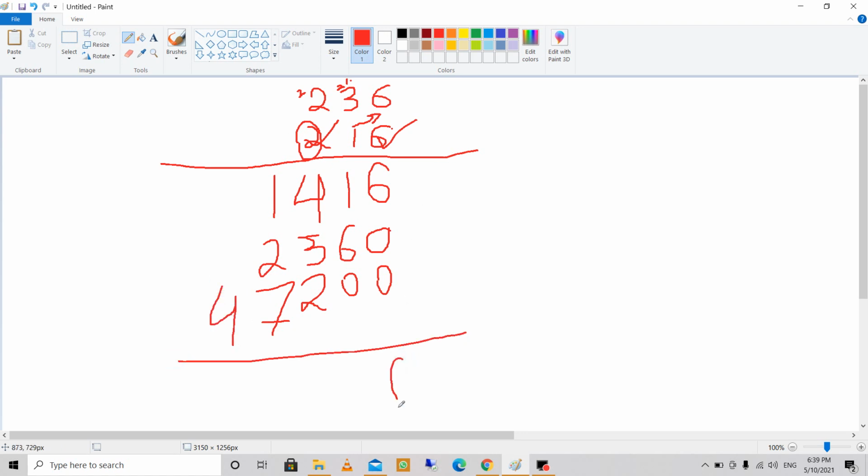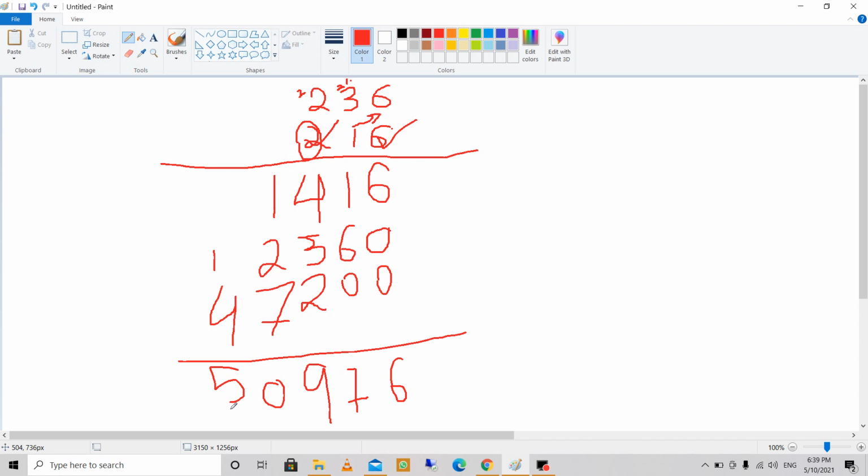So if we add up all of these, 6 plus 1 is equal to 7, and 4 plus 5 is equal to 9. 7 plus 1 is 8, 8 plus 2 is 10. So 1 will be carried here. So the answer will be 50,976. So this is how we can perform the multiplication of a three-digit number with either a two-digit number or